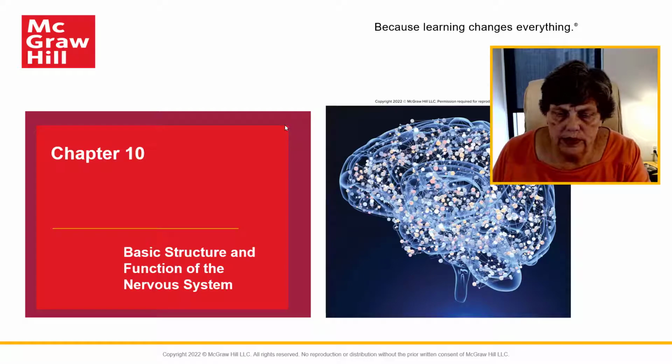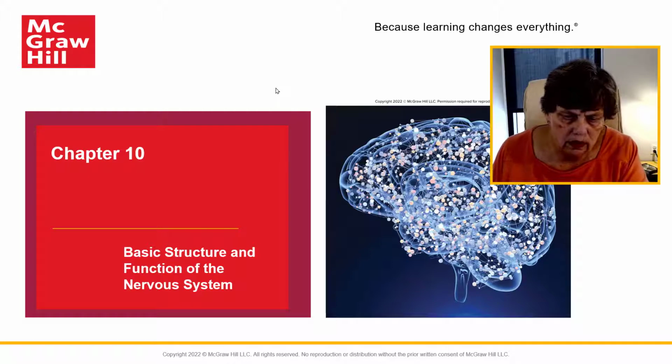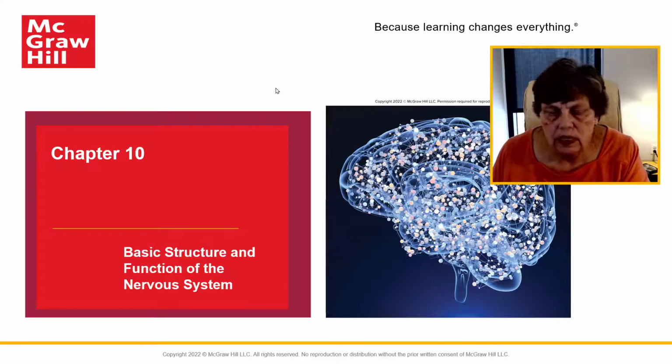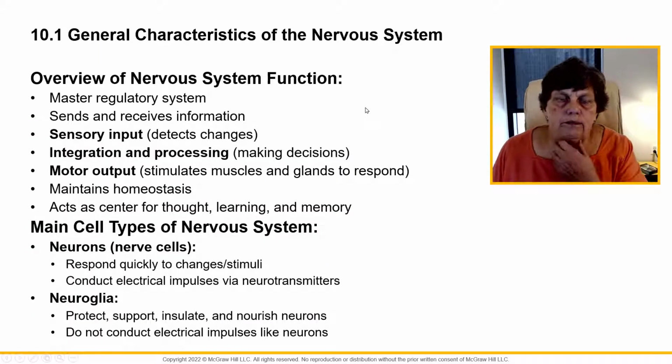Now we're into the nervous system. This is going to be 3 chapters because we're going to look at the basic structure and function of the neuron and the nervous system itself. Then we're going to get into the divisions of the nervous system, and then finally we're going to get into the senses. All right, so